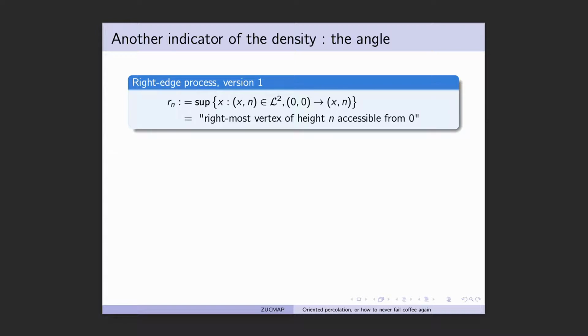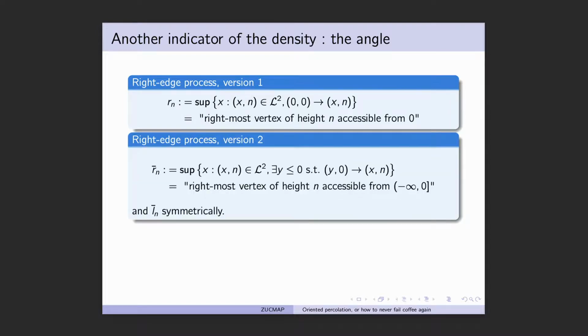The problem with this is that maybe it is not really well defined for every n, because if I don't have an infinite path starting from 0, then at some point I do not have any points that I can access from 0, so this supremum is going to be minus infinity. So we want to generalize a bit further and define these R_n bars, which should be the rightmost vertex of height n accessible from the left side of the interval we start with, so from minus infinity to 0. You can also define the leftmost accessible vertex symmetrically,